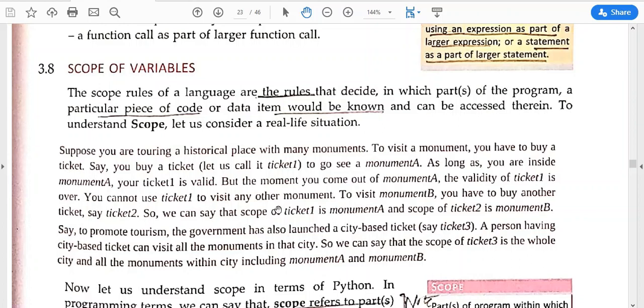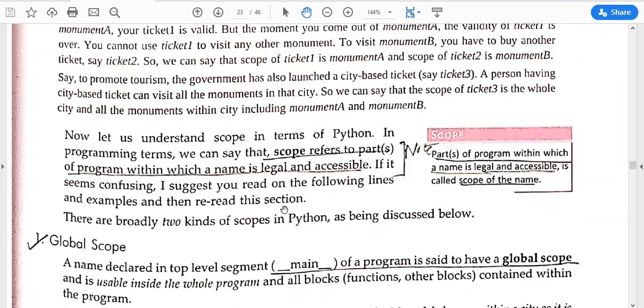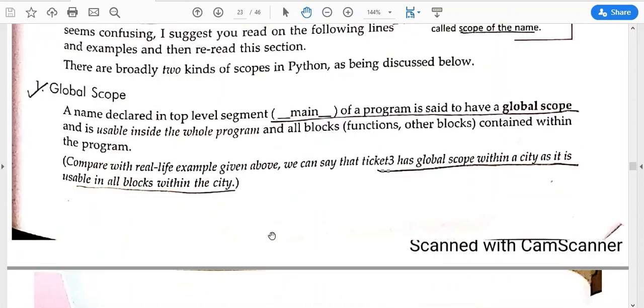Now let us implement this concept of local and global scope in the program as well. If a particular variable has global scope, then it will be accessible throughout the function, or we can say program. Throughout the program, that particular variable will be accessible. And if it has local scope, then that particular variable will be accessible in a particular local function within a limited range. So if we are declaring the variable in the main function, the main part of the program, then it has the global scope.